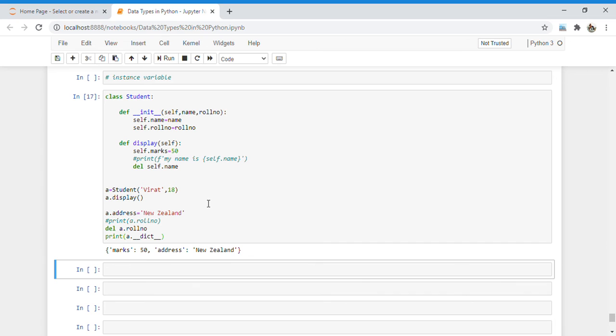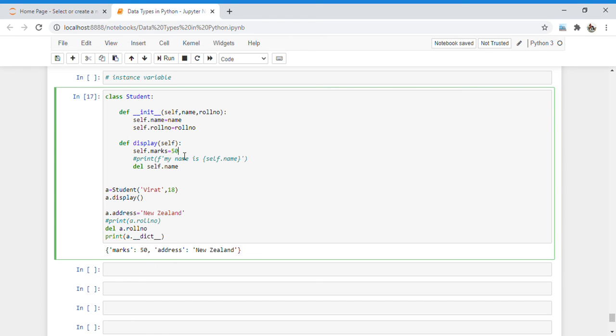Now if I want to modify an instance variable, inside a class we use the self reference variable, and outside a class we use the object reference variable. If I want to modify the marks, inside a method I modify it by using the self reference variable, and outside a class if I want to modify anything, I can modify it by using the object reference.